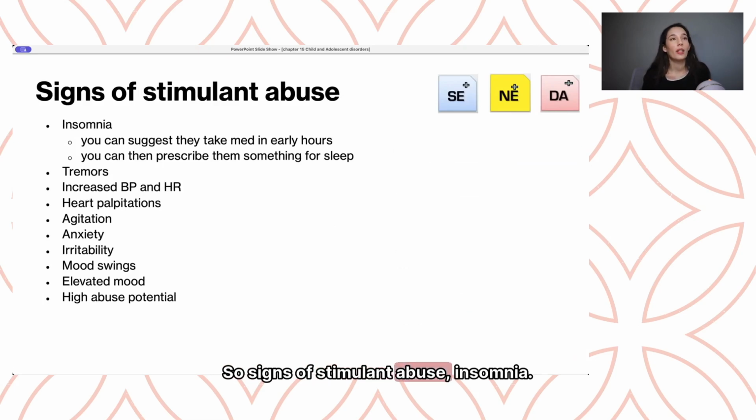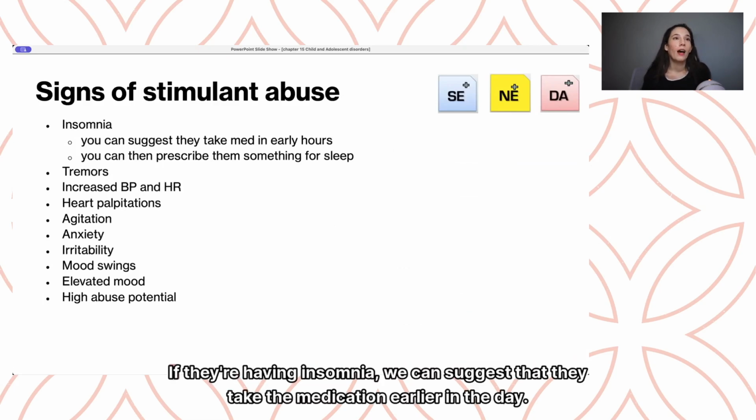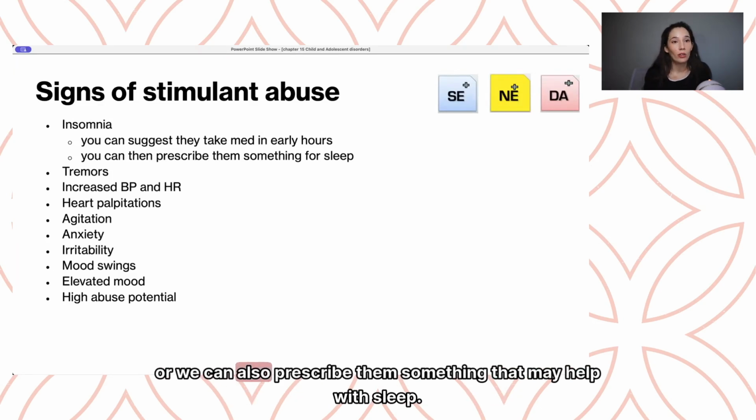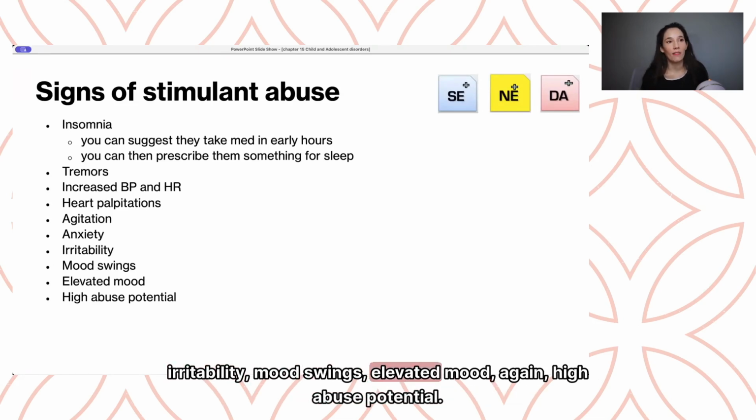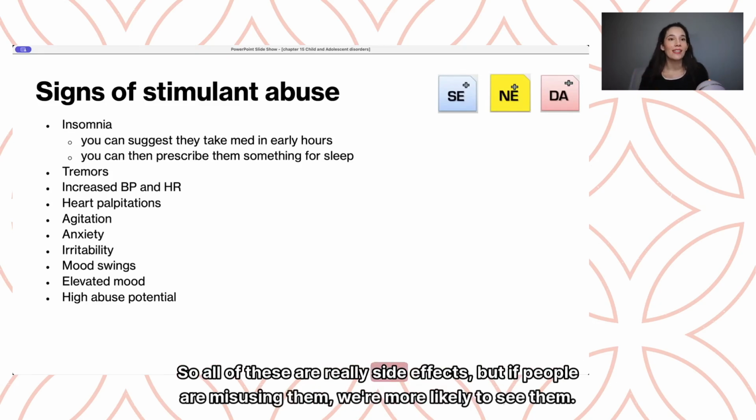So signs of stimulant abuse: insomnia. If they're having insomnia, we can suggest that they take the medication earlier in the day, or we can also prescribe them something that may help with sleep. If they're having tremors, increased blood pressure and heart rate, agitation, palpitations, anxiety, irritability, mood swings, elevated mood, and again, high abuse potential. So all of these are really side effects, but if people are misusing them, we're more likely